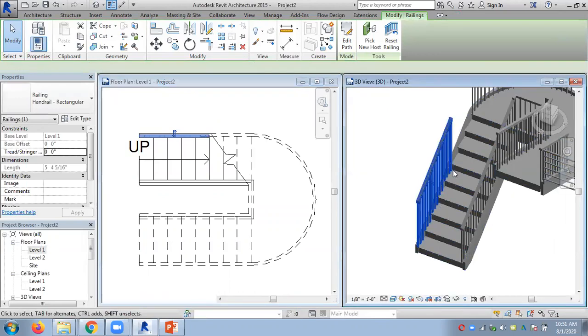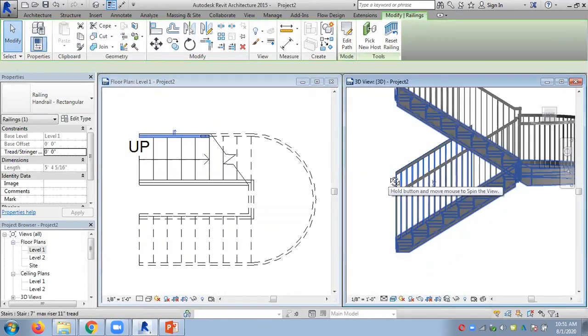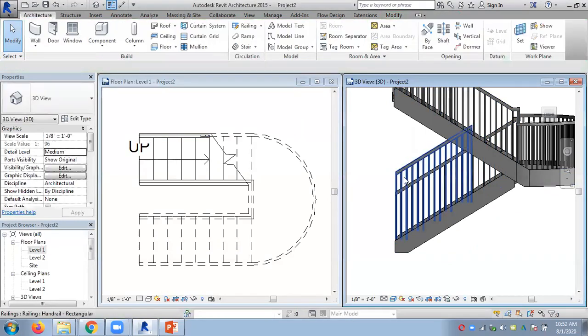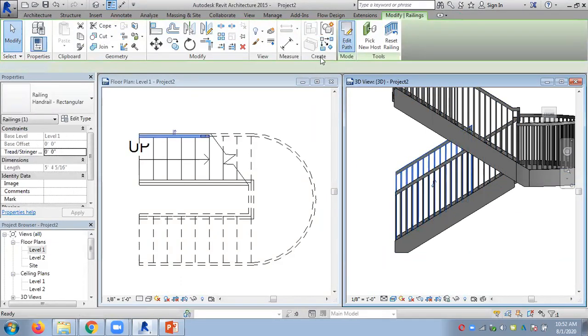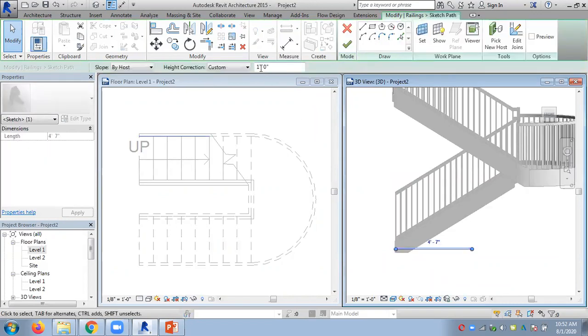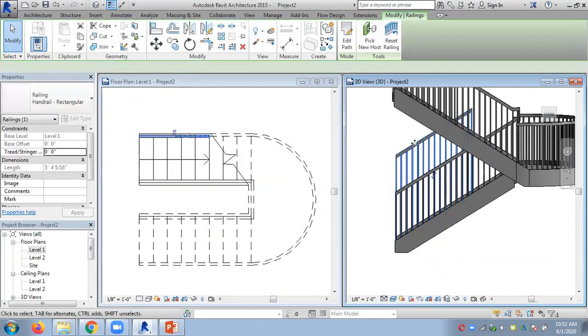Now this side of the railing is 1 foot above this. So this 1 foot came from that setting. You go to edit path, select the path, and this 1 foot, say if I increase to 2 feet, press OK. This railing will go about 2 feet from the other railing. So this is 2 feet. This is a customization we may need when you do the designs.